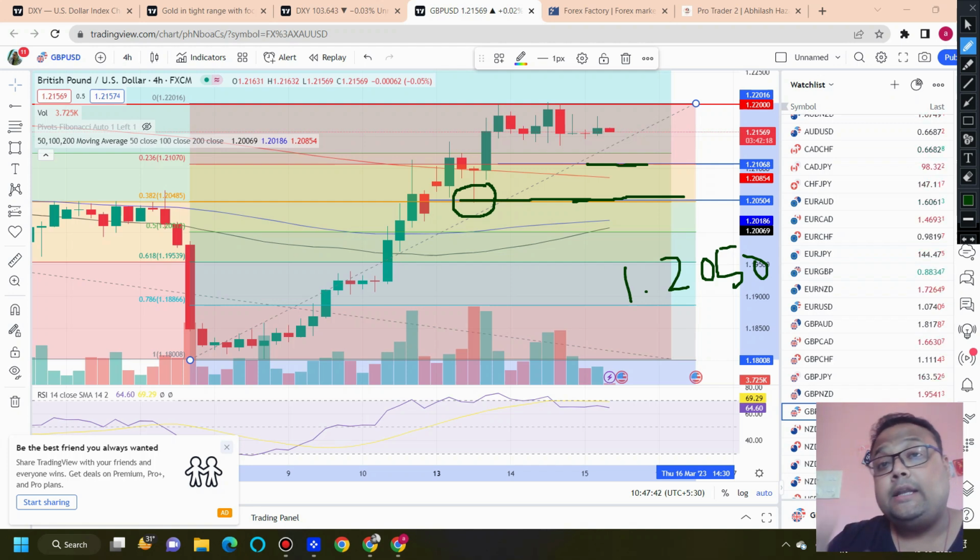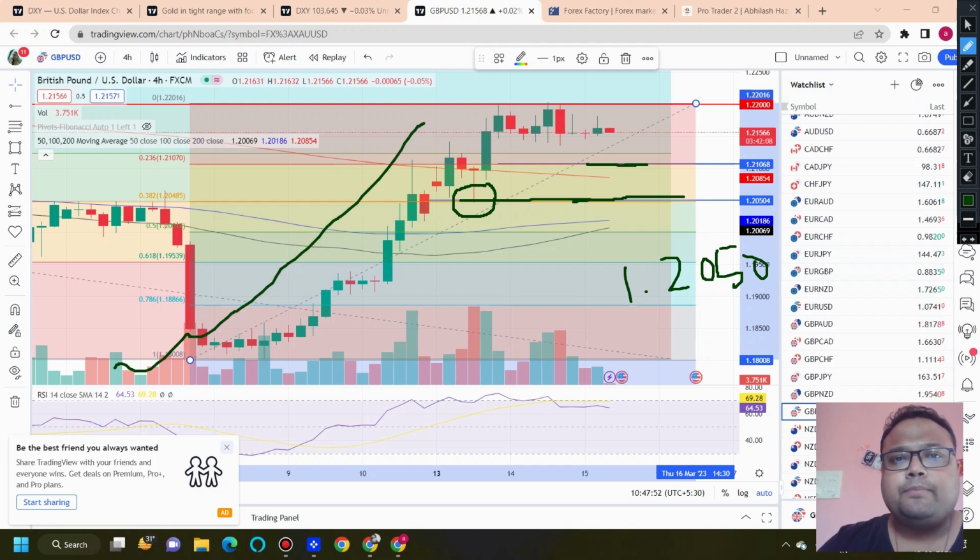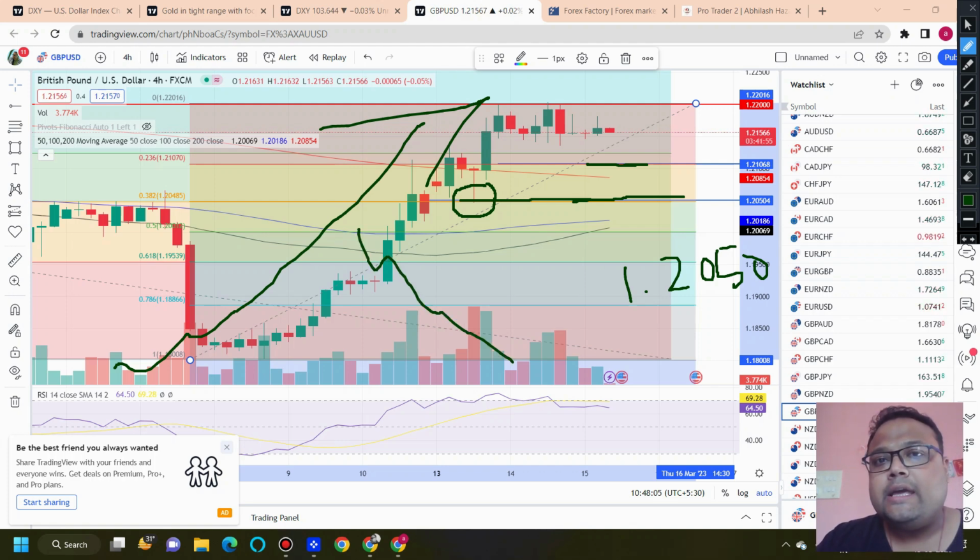Be careful. And during the news, keep in mind that when fundamentals dominate the market, technicals fail. Always remember, if you see market is very bullish during a news, do not try to look for resistance and do not try to take any position against the trend of the market. Follow the trend of the market. If you see market is falling, instead of looking for trend reversal levels, you should be looking for a sell position. Always follow the trend of the market. Trend is your friend. So this is it.